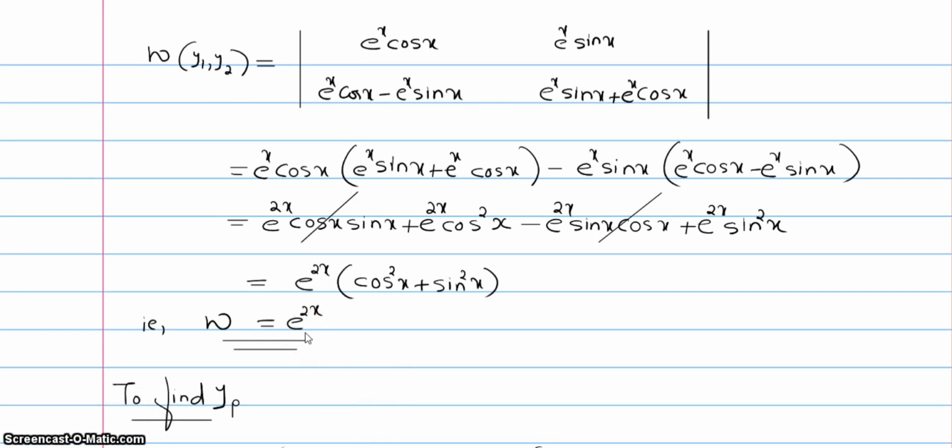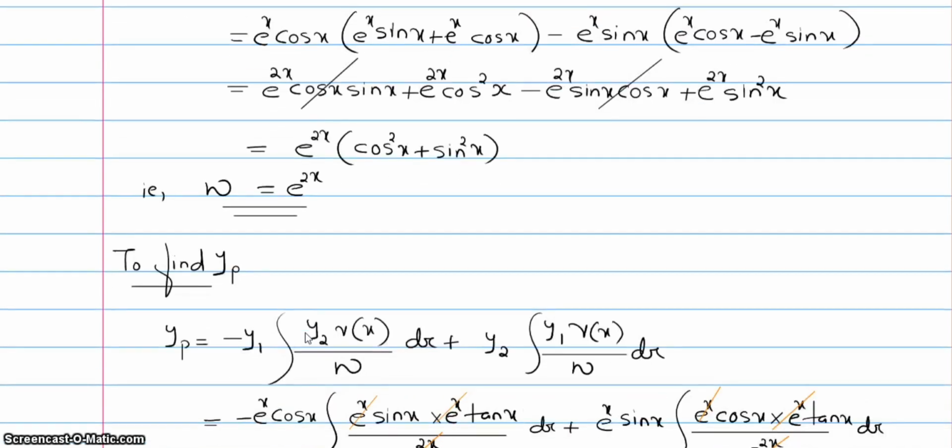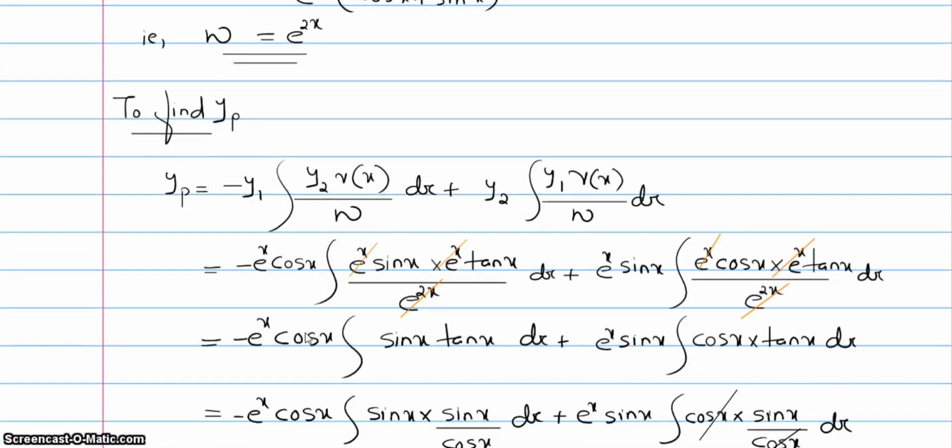Okay, next we can find the particular integral using this integral formula. So replacing y1 as e raised to x cos x and y2 as e raised to x sin x. R of x is given in the question. From the right hand side, we get R of x as e raised to x into tan x, and the Wronskian value we got as e raised to 2x. So replacing all the values in this integral equation, now we can simplify the terms by cancelling some of the